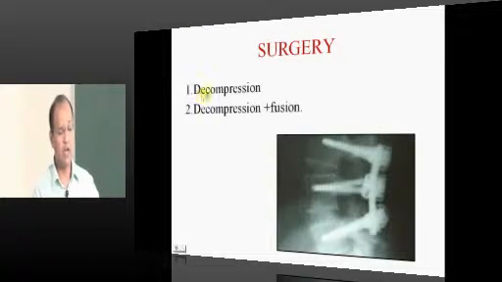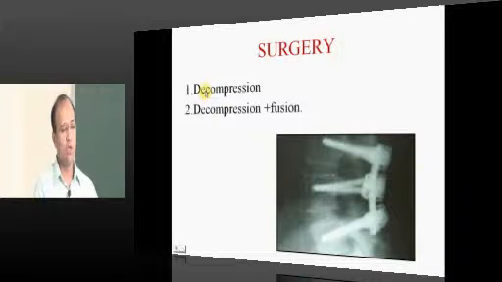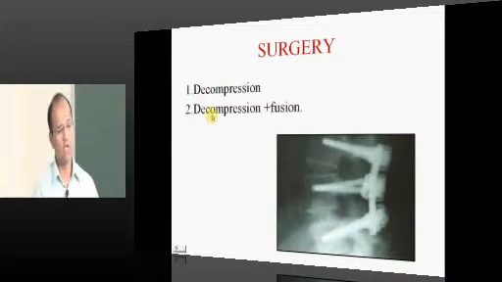And ultimately, if at all there is a compression on the spine because of this listhesis and decrease in the canal diameter, you have to decompress it. Whatever the pseudoarthrosis that is there at the back, you have to remove it. That is called Gill's procedure, right.